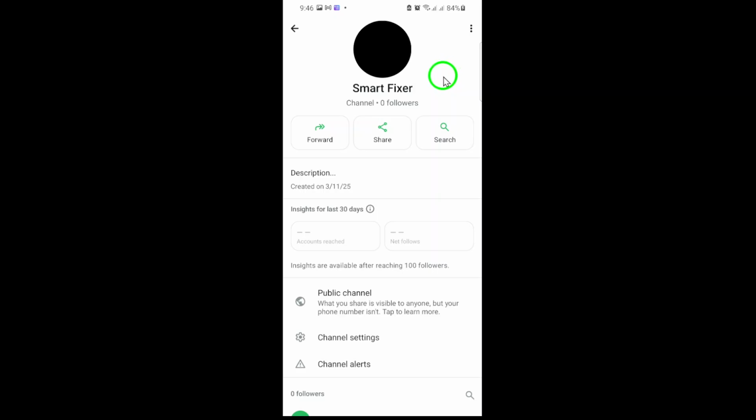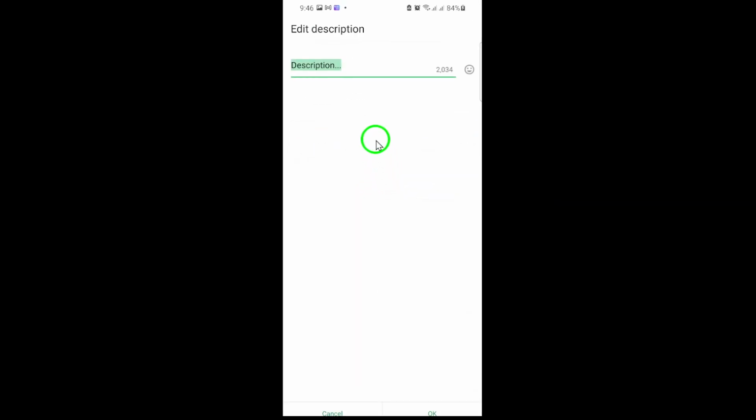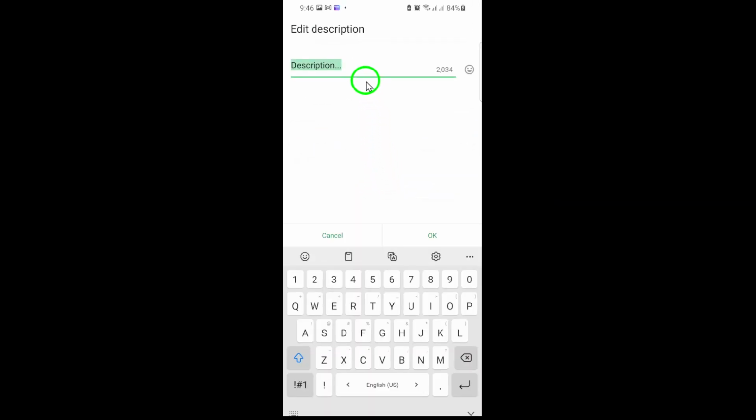Here, you'll see the description field, which contains the current description of your channel. Tap on the description field. Your existing description will appear, ready for editing. To delete it, simply erase all the text in the field. You can do this by holding down and selecting all the text, then hitting the delete or backspace key until